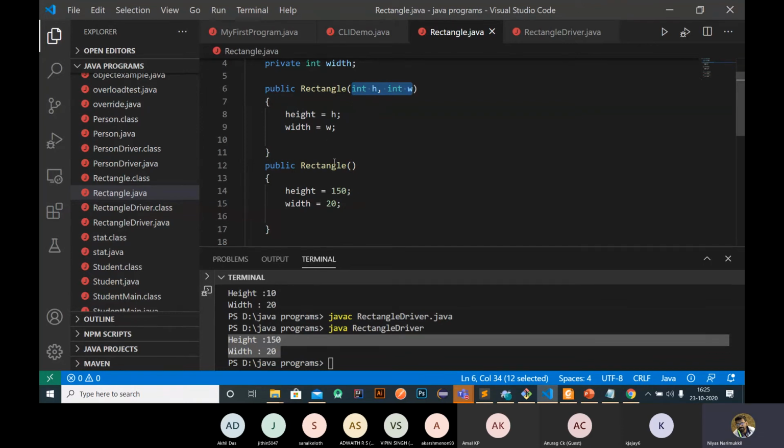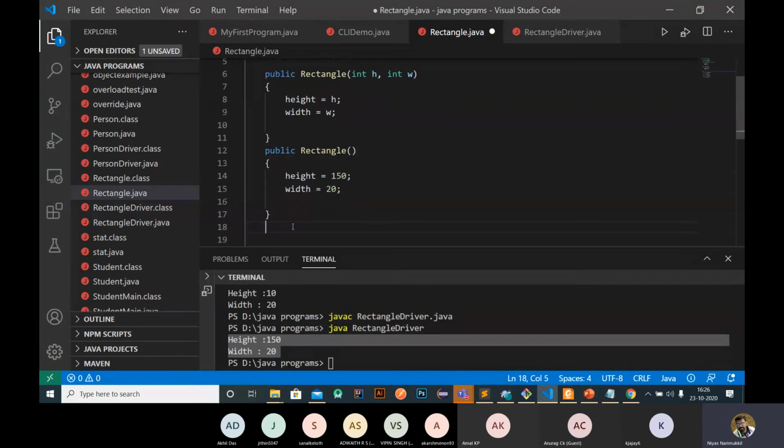In the same class, we can create more than one constructor, but we need to make sure that we provide a different scenario. We need to differentiate these two constructors, right? The differentiation comes based on parameters. Okay, here two parameters, here no parameters, right? You can create another constructor having three parameters.